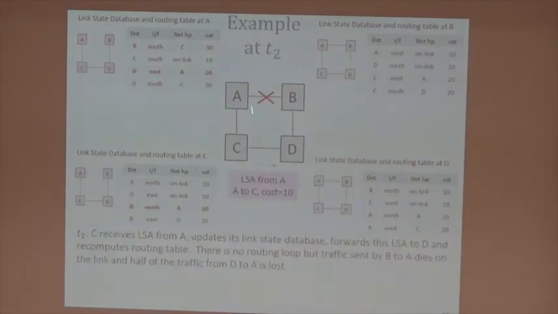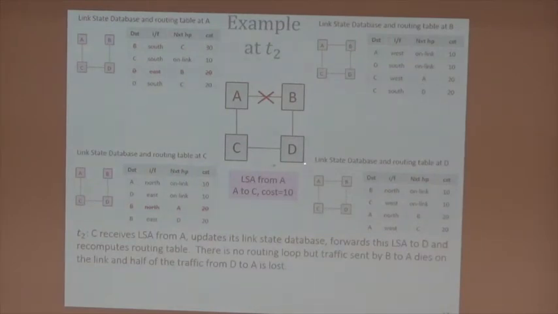Now, sooner or later, C will receive this message. So C has now a new vision of the topology database. That was the topology database seen by A. We see that the different topology databases in this transient period are not synchronized. They're not exactly the same. Now, C has received the change. So C knows the network is like this now. It knows A has lost a link to B. Therefore, C will redo its shortest path computation and will find that the best path to B, which is only one, is now via D and not via C or D like before. So the routing loop in particular between A and C is broken,